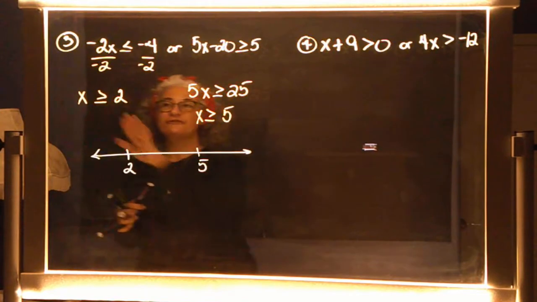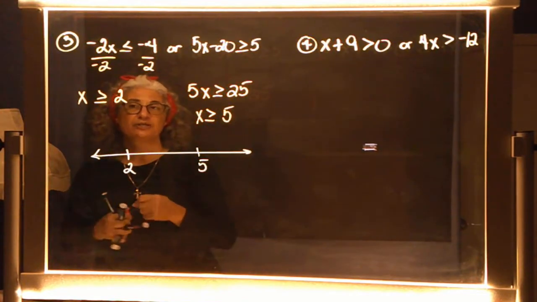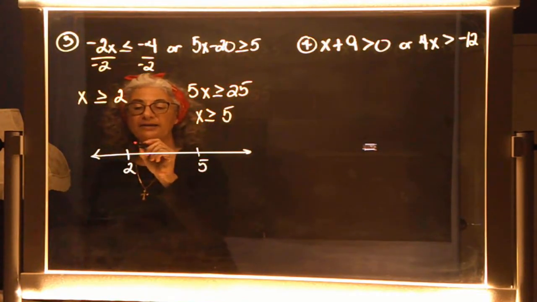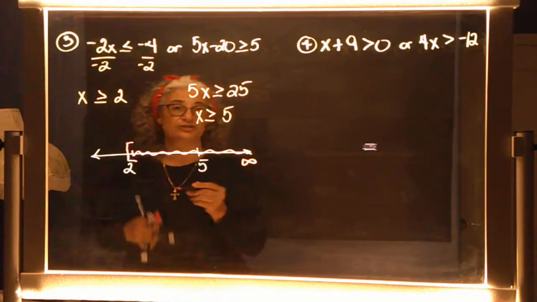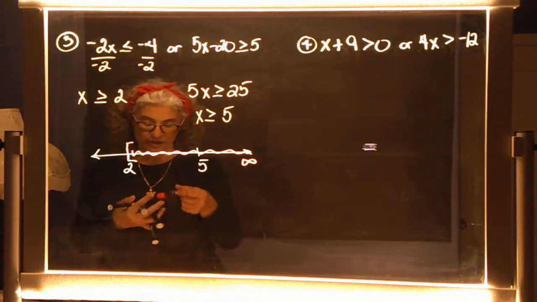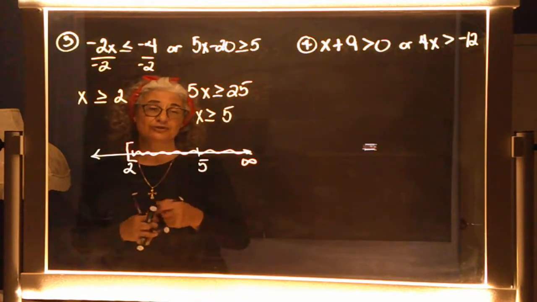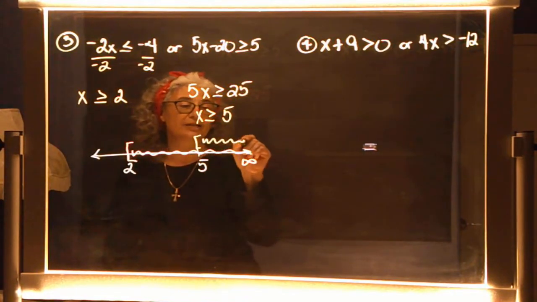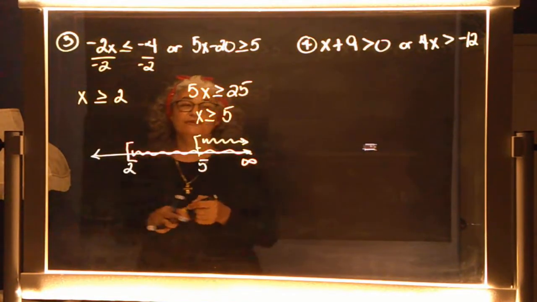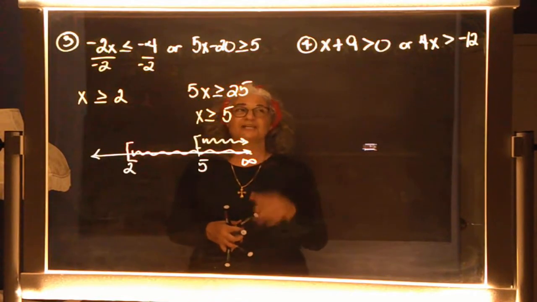So when I graph the first solution, x is greater than or equal to 2, a bracket on the 2 and everything to the right all the way out to infinity. Do you agree? Good. When I graph the second solution, I'm looking at all the numbers to the right of the 5, and the 5 is also going to get a bracket all the way to infinity, isn't it? Now,